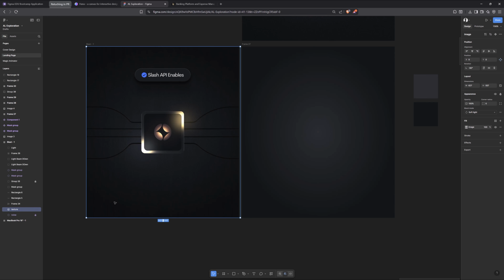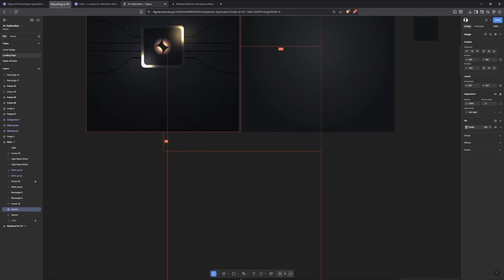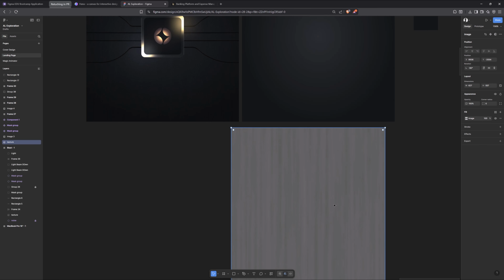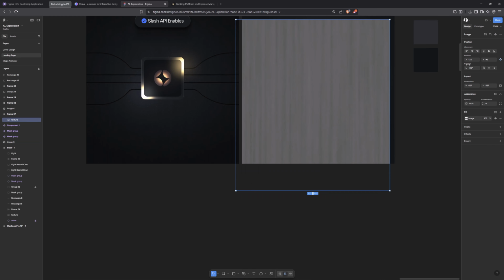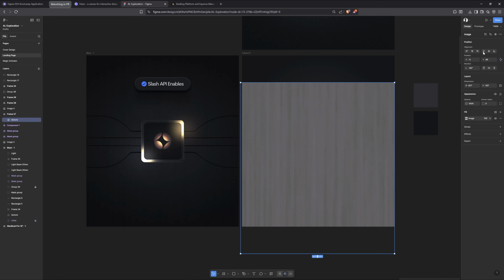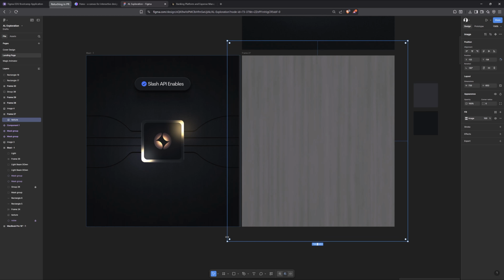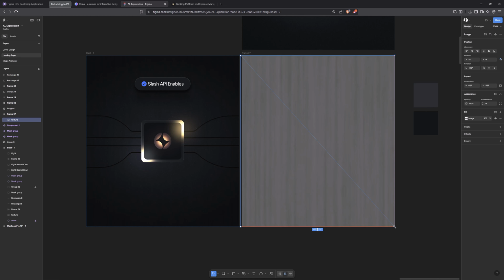So what I did here was just make a duplicate of this texture, and without the blending option filter, this is what it looks like. I dragged it inside and made sure that everything snaps to the contents. Just in case you are bringing it in for the first time, you may have a situation where it becomes bigger than you intend. In that situation, I encourage you to hold down the Shift key and the Alt key to do a perfect resizing. And if you want a precise one, you hold down only the Control key to adjust that part. When you are done with all of those things, you may want to blend it in